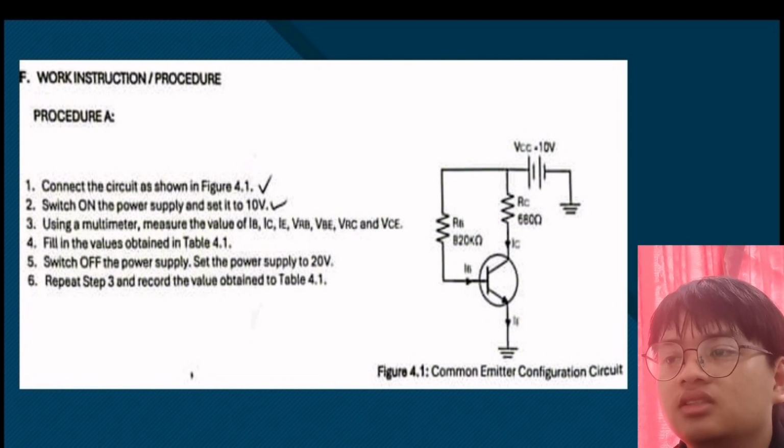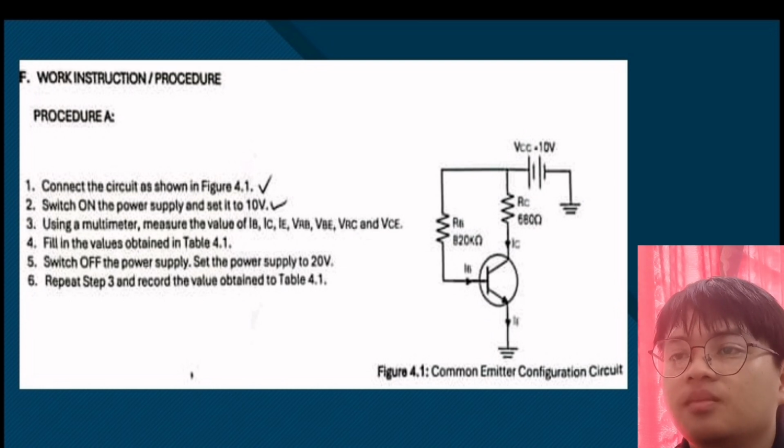You can see here, it is a common emitter configuration circuit. Switch on the power supply and set it to 10 volt. Using a multimeter, measure the value of IB, IC, IE, VRB, VBE, VRC, and VCE. Fill in the values obtained in table 4.1. Switch off the power supply, set the power supply to 20 volt, repeat step 3 and record the values obtained